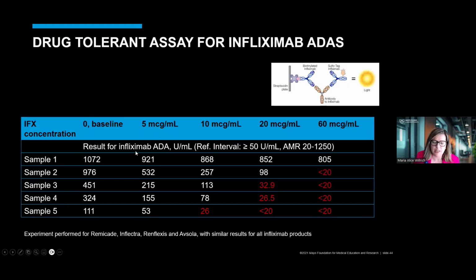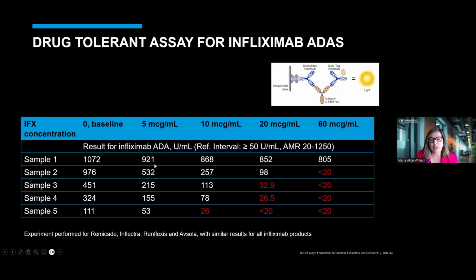So thinking about the infliximab anti-drug antibodies, for example, we have an analytical measuring range from 20 to 1,250 in the lab. And we had 5 samples, so looking at the rows there, and they had no drug detected in all of them, but they had different varying concentrations that span that measuring range for the anti-drug antibody detected. And we did this experiment to try to see what would be the effect of adding drug, how drug tolerant was our test. And you can see that when you add 5, 10, 20, 60 micrograms per mL of infliximab,